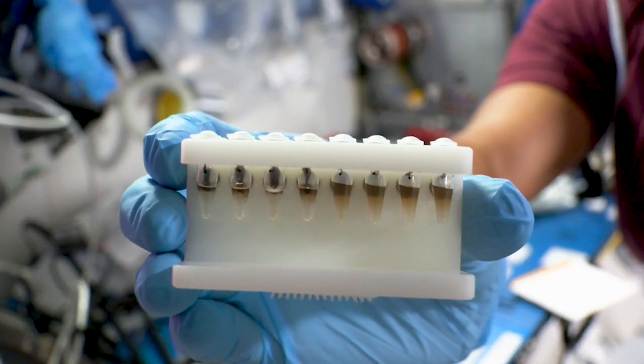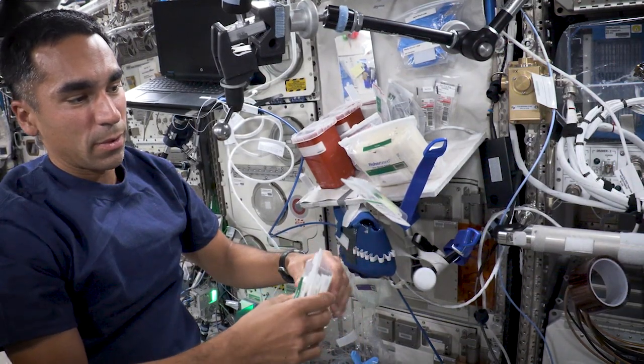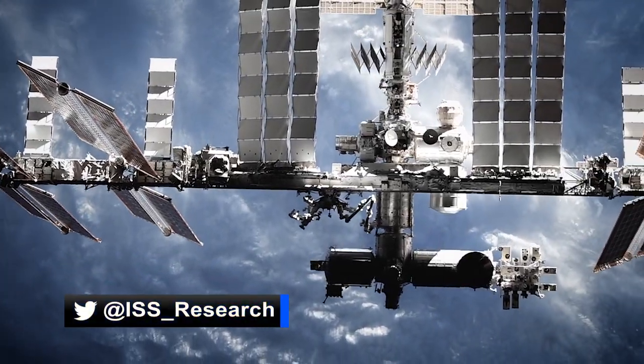tissues in emergencies. To follow these and hundreds of other science investigations aboard the orbiting laboratory, head over to ISS_research